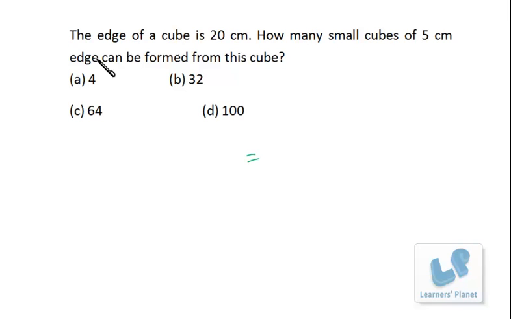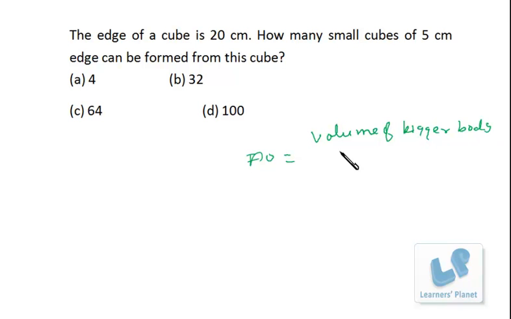Now let's see this question. The edge of a cube is 20 centimeter. How many small cubes of 5 centimeter edge can be formed from this cube? Now friends, if one body is converted to the other, then its volume is not changed. Okay, so we have to use this concept only. In this case, the volume of the bigger cube, and whenever we have to find out the number, so number is volume of